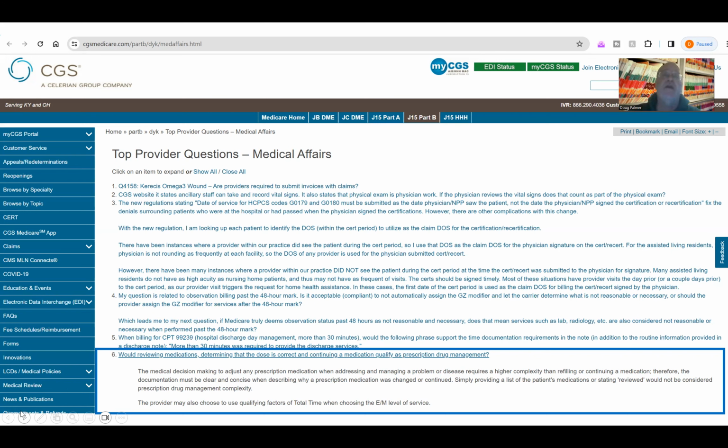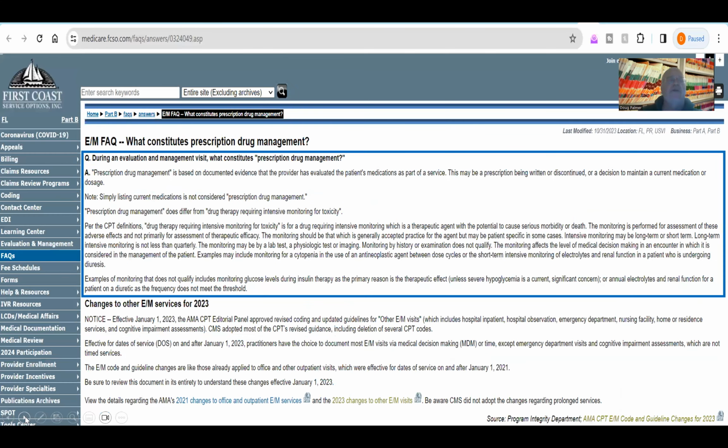So if you are in the jurisdiction of CGS, you should exercise caution. However, what we're going to look at is other MACs,